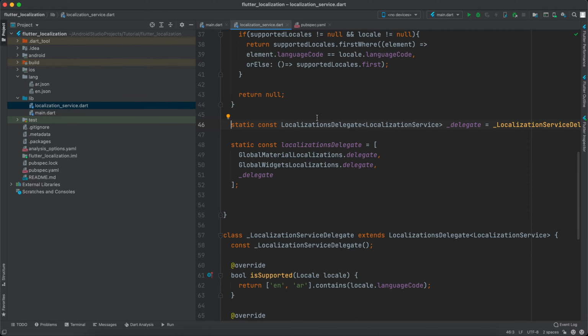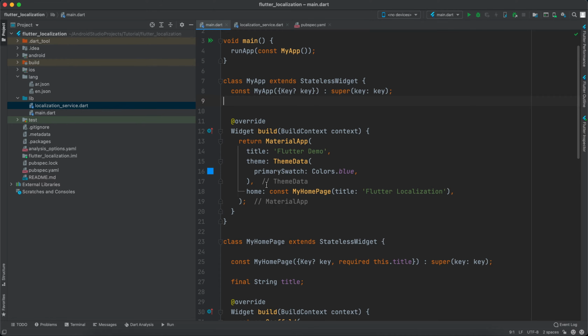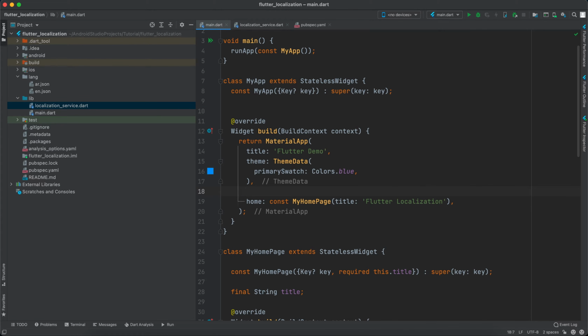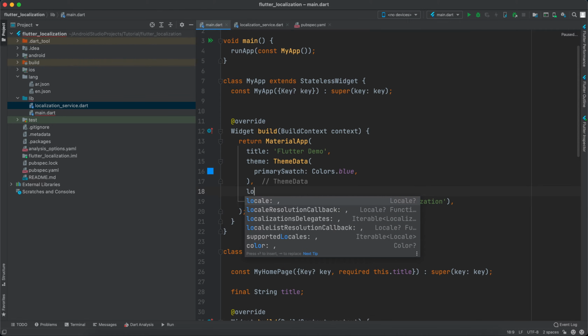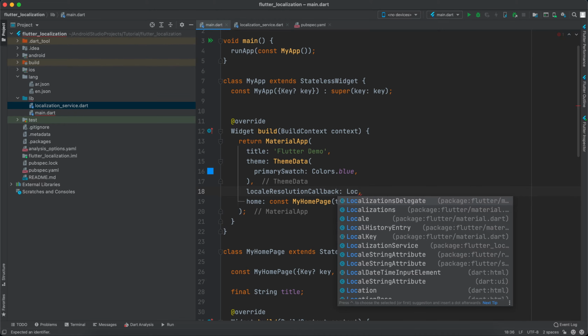Let's add a static here. Alright, now that's it for this file. Now we will go to the main, and inside the material app we will define localization resolution callback, and we will say localization service dot